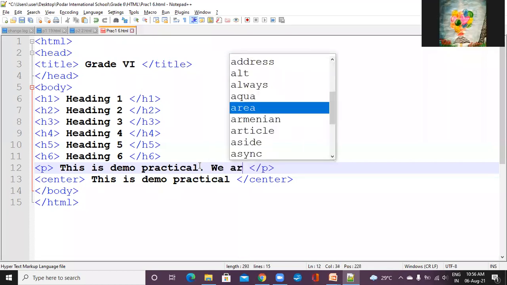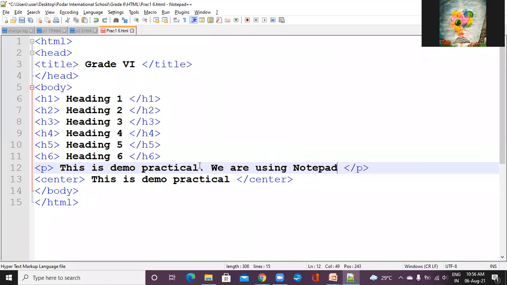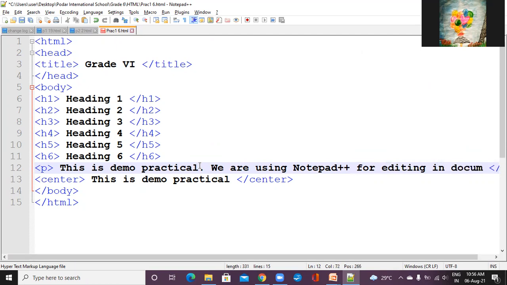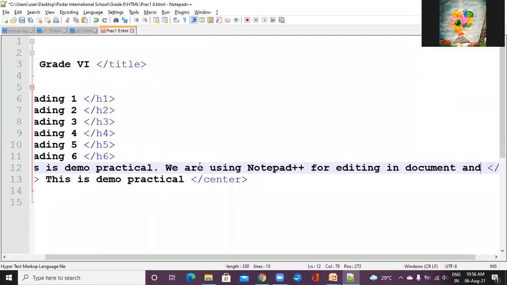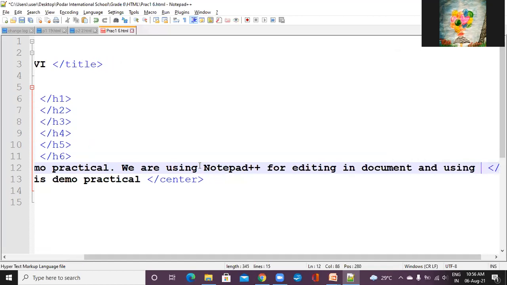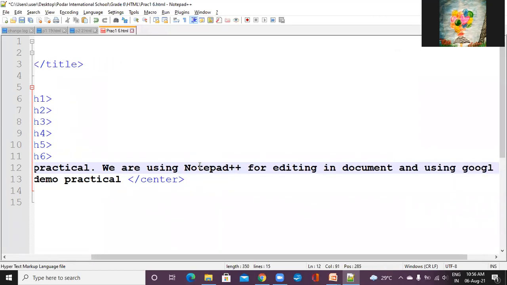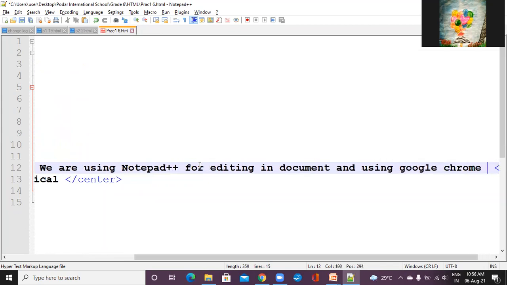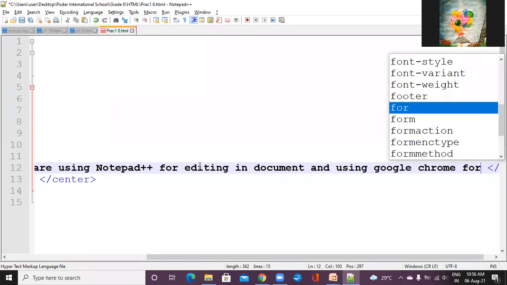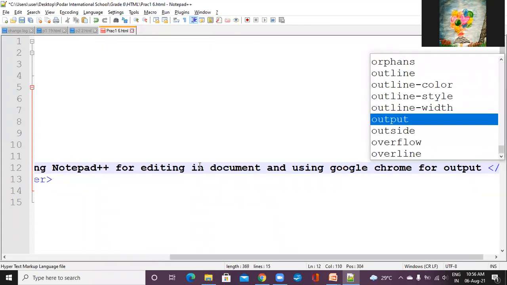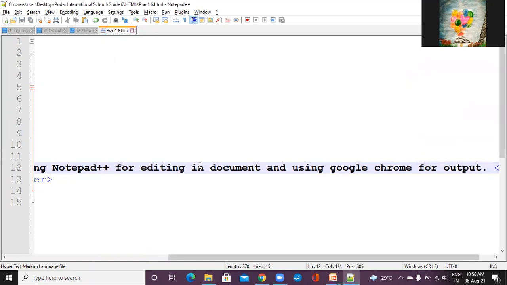We are using Notepad plus plus for editing the document and using Google Chrome for output. Full stop. Now Control S.